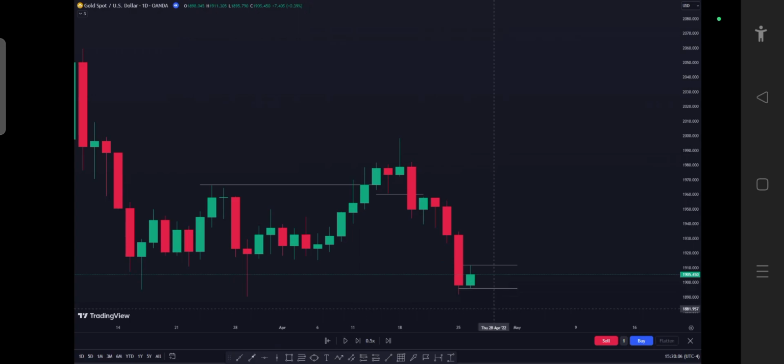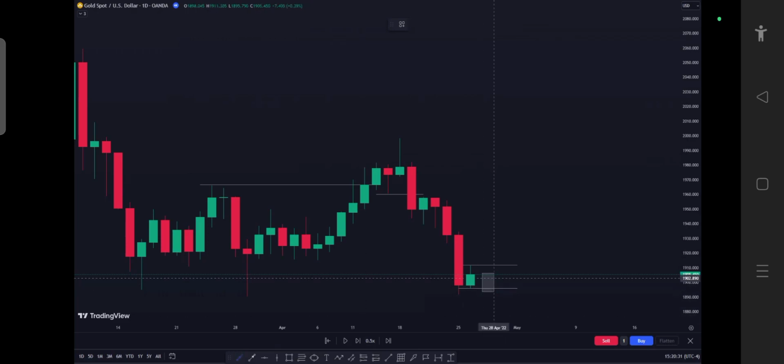I am looking for the next candle. What I'm anticipating is a down candle. If it doesn't form the down candle, I'm still sticking to my bearish bias until price takes out this high on a closing basis. So the next candle I'm anticipating is something like this: the candle opens,